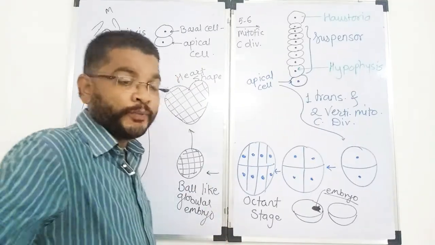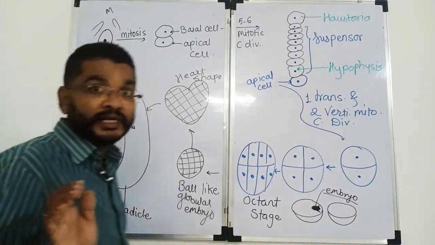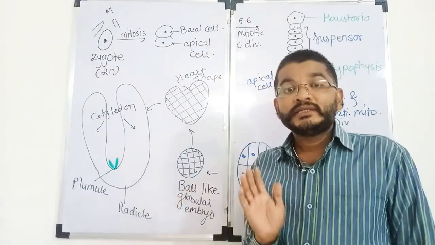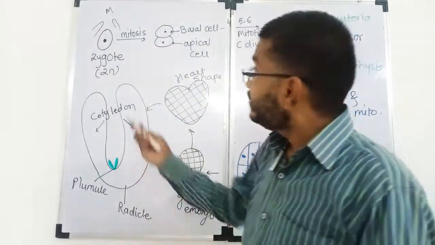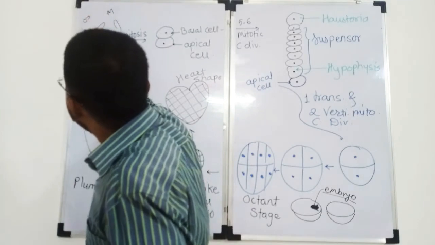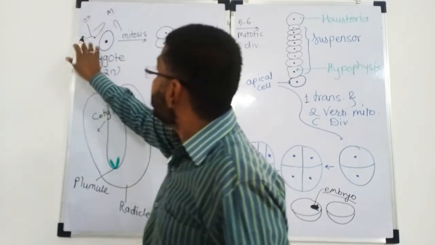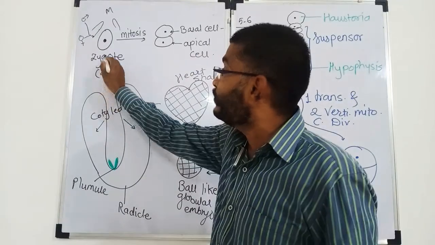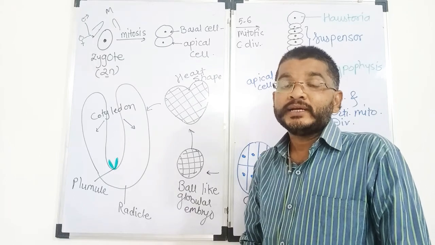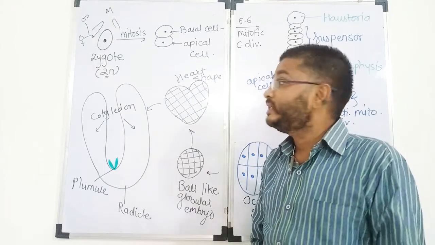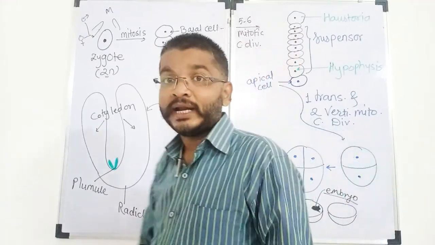In today's topic, we are going to study how this single zygote, the end product of syngamy, develops. तो syngamy के बाद, after fusion of male and female gamete, so for example here the male gamete has fused with the female gamete, the egg cell, तो fuse हो गया, उससे क्या बन गया? A diploid cell zygote has been produced inside the embryo sac.